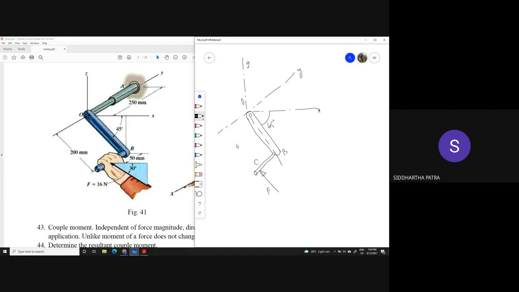Okay, so again, the position vector of B with respect to O